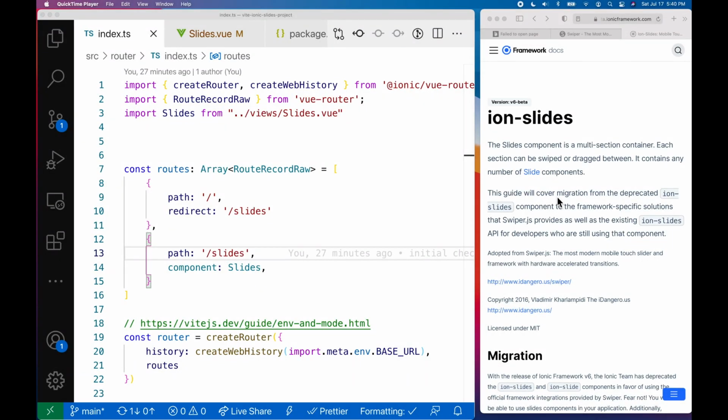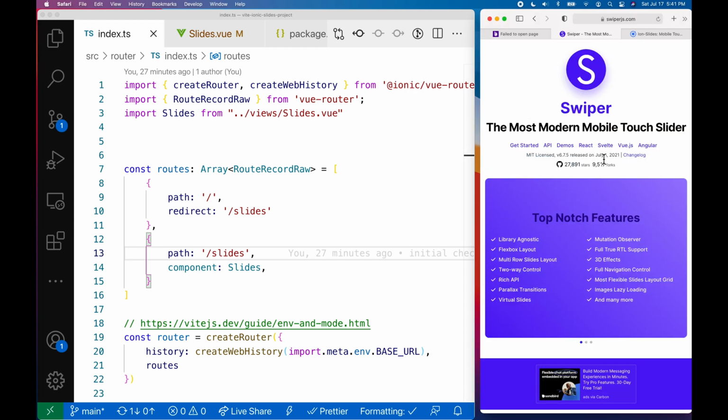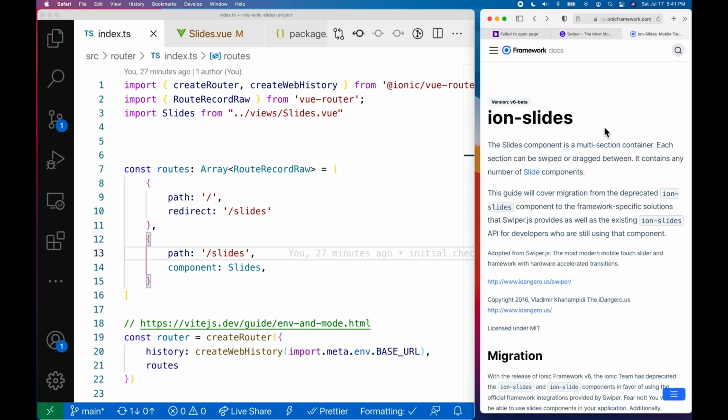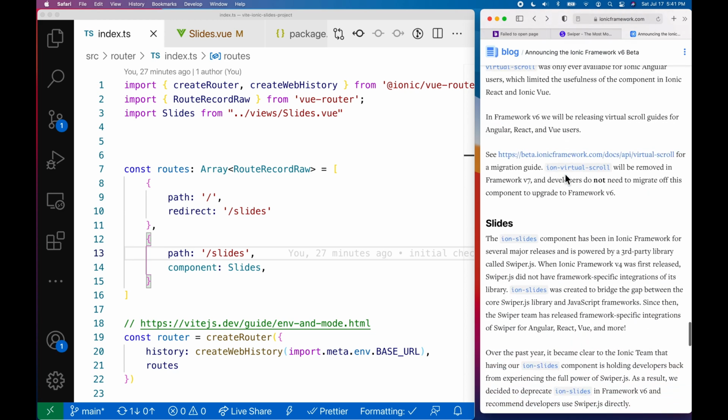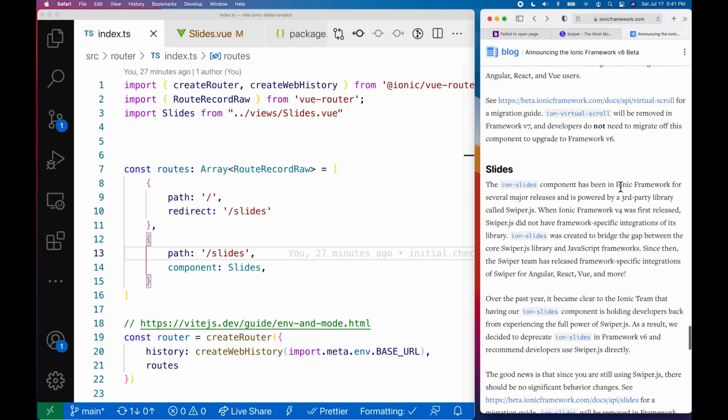Okay, welcome back. This is going to be a quick video to show you how to migrate to using SwiperJS, which really was the library that was underlying Ion slides. Ionic announced here in their beta release, here's the blog, but in it they announced that the Ion slides component has